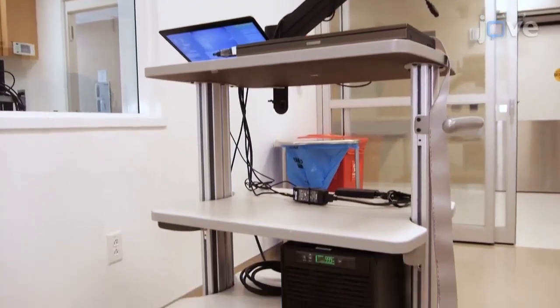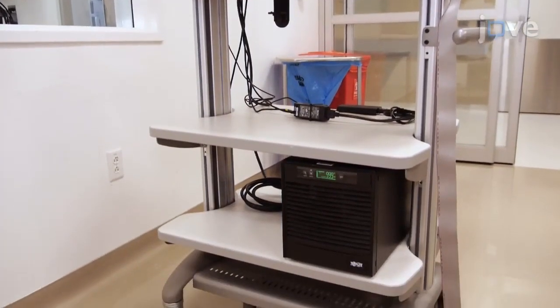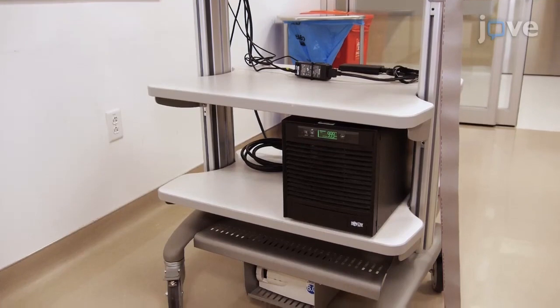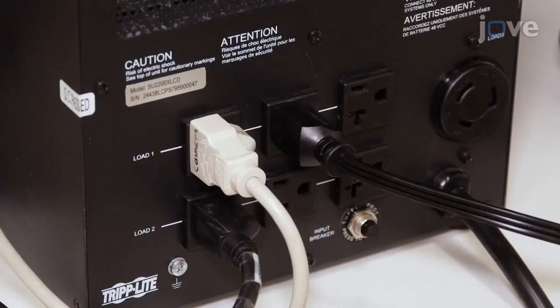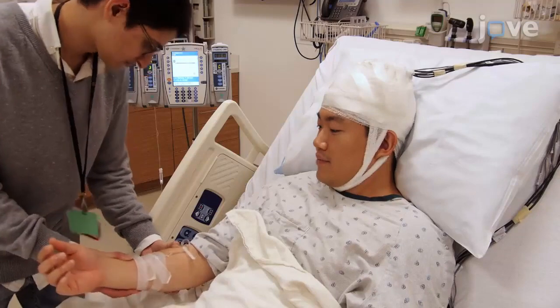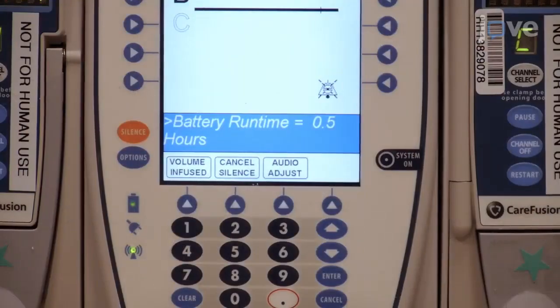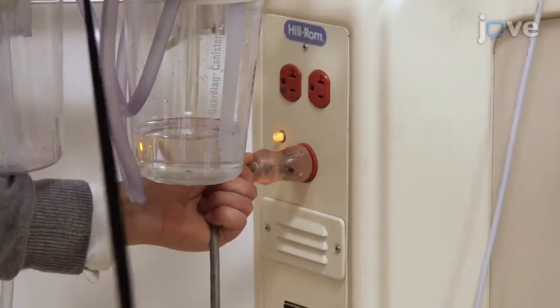Place a fully charged uninterrupted power supply on the eye tracking cart and connect all devices related to eye tracking to the power supply rather than to an external power source. Make sure the IV device connected to the patient is running on battery and is not plugged into the wall. Start the